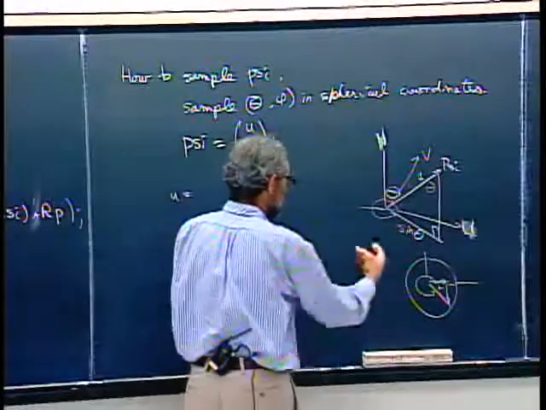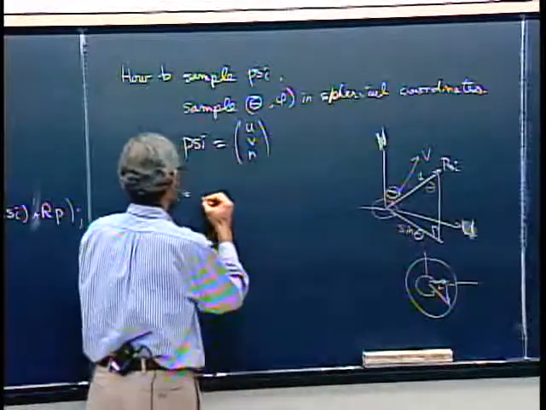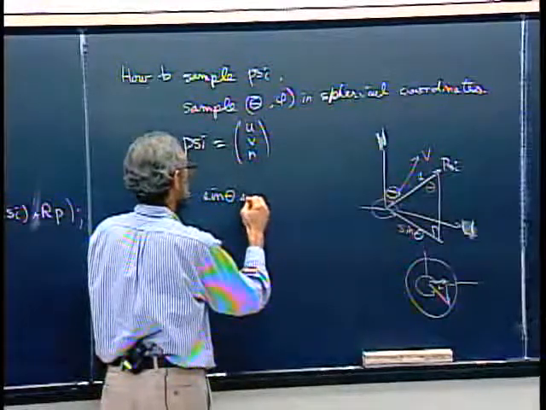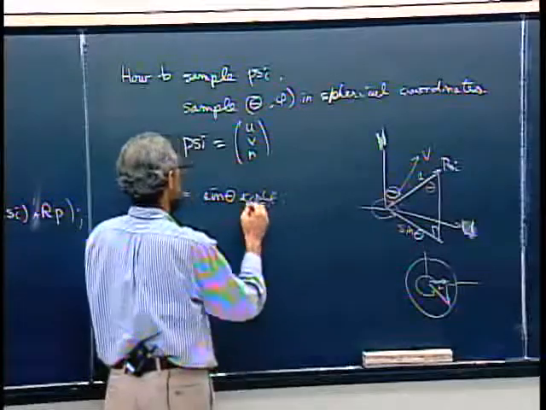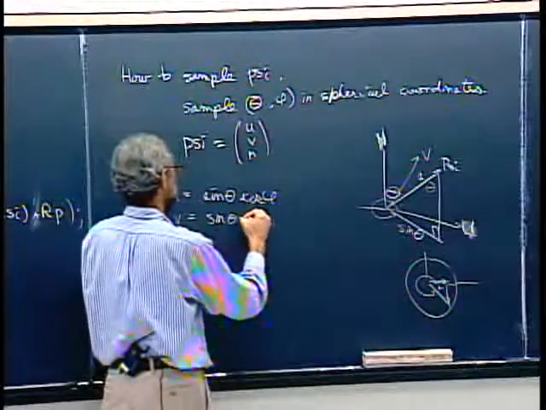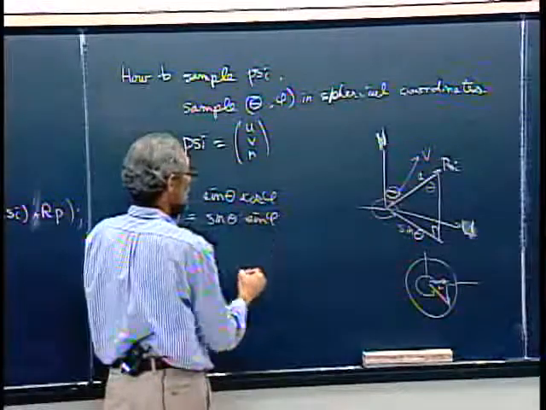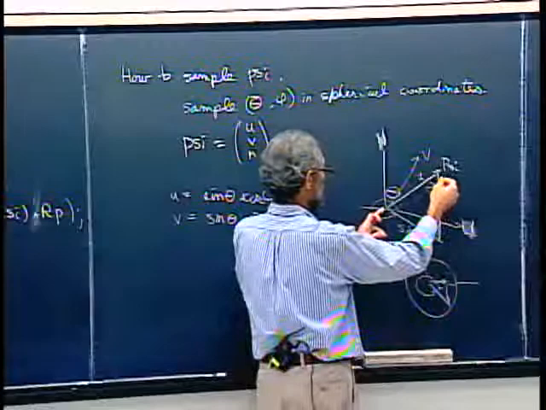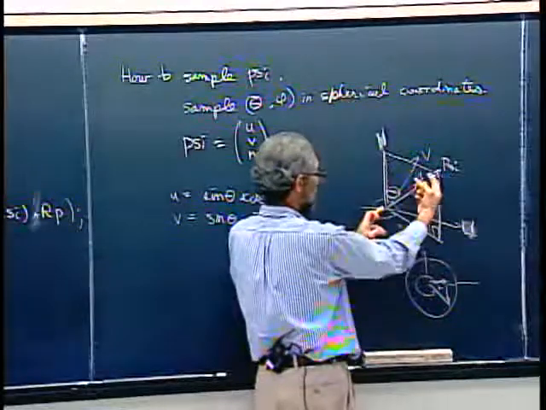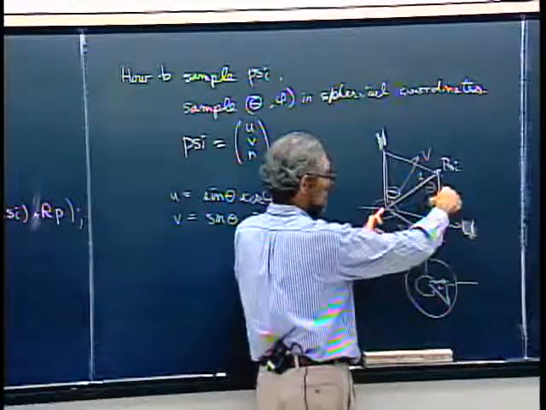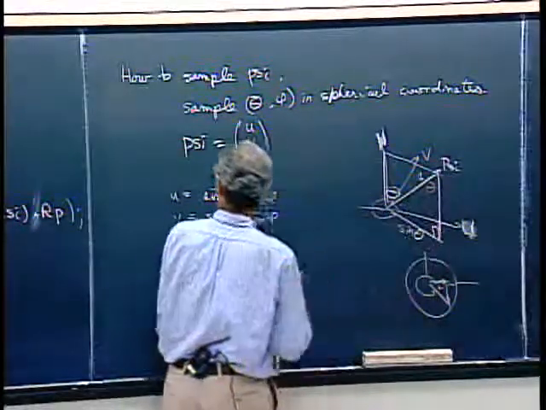So that means r is sine theta. So I have sine theta cosine phi along the u-axis, sine theta sine phi, and along this vertical axis, this length, which is the vertical component of this vector, this is the hypotenuse and this is the side adjacent. So it's going to be